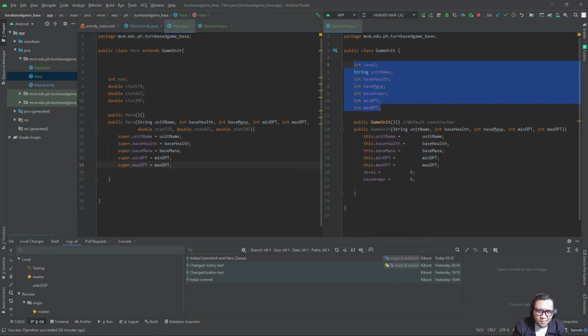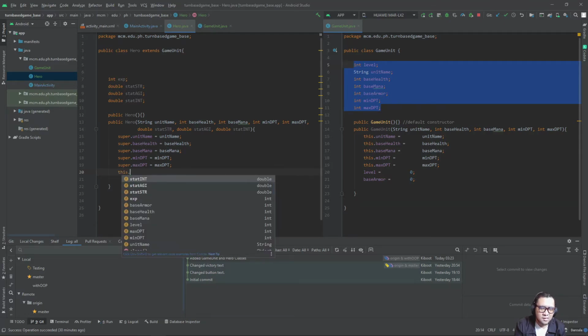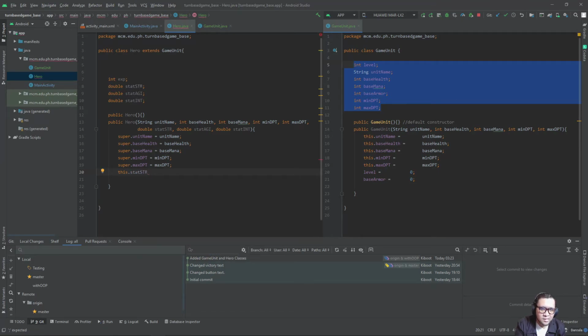So this one is from our class itself, right? It's here, meaning that we will be using this as a basis. So let's just say this dot stat str is equals to stat str, this dot stat ag is equals to stat ag, then